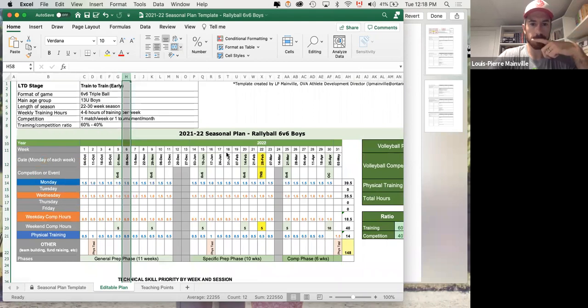I'm going to look in the chat. Okay. So are you considering warm up as physical training, or is it separate? Good question. I usually consider it depends, and you're going to see it in this example. Okay, Calvin,